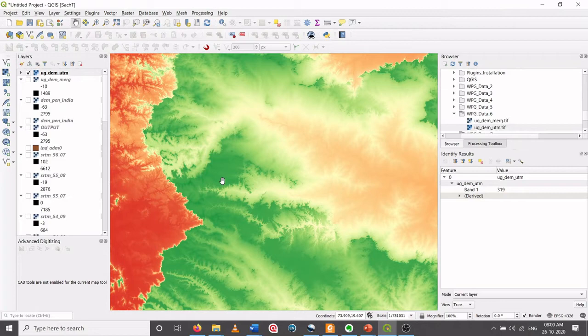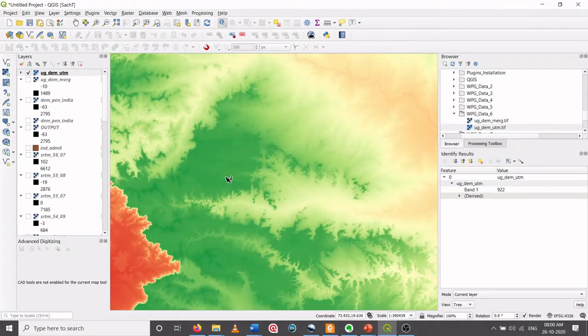And if I want to know the value of each elevation, I can use the identifier tool and click anywhere to know the elevation. So here the elevation is 468. If I click over here, now you can see the elevation is 922 from the mean sea level.